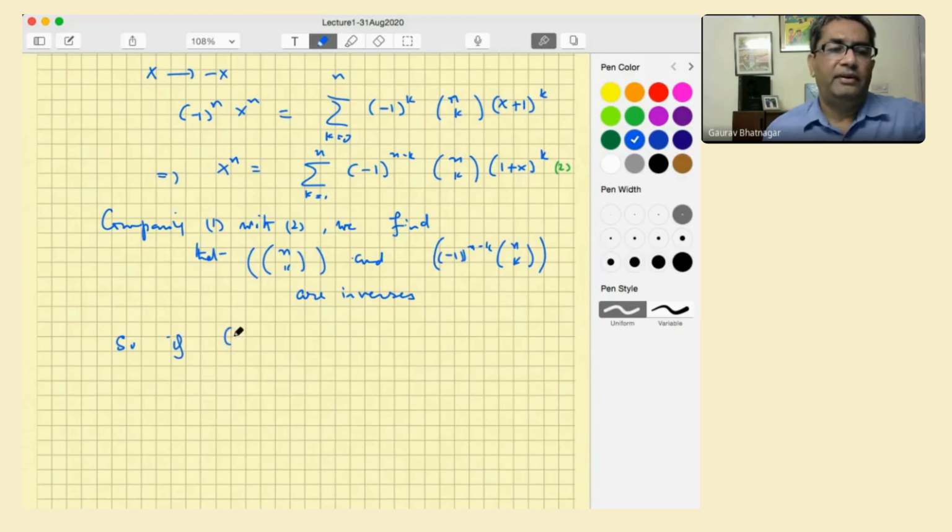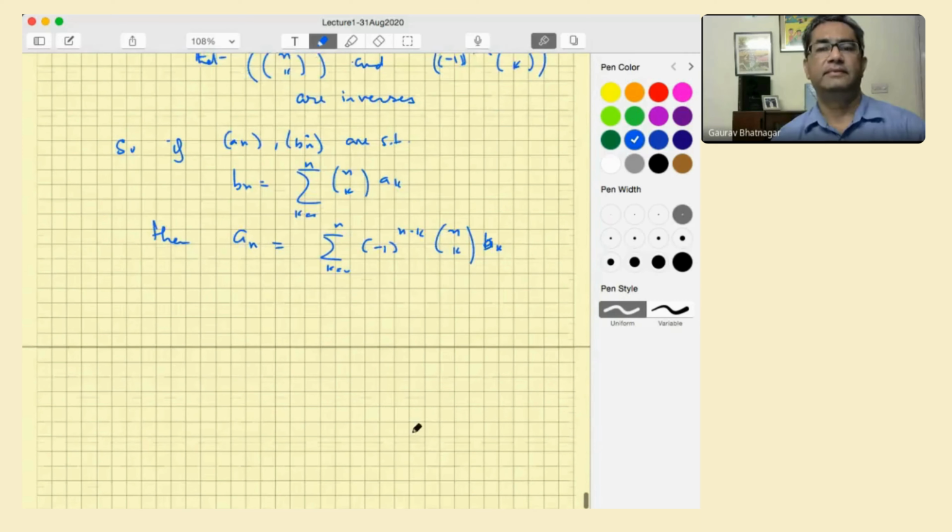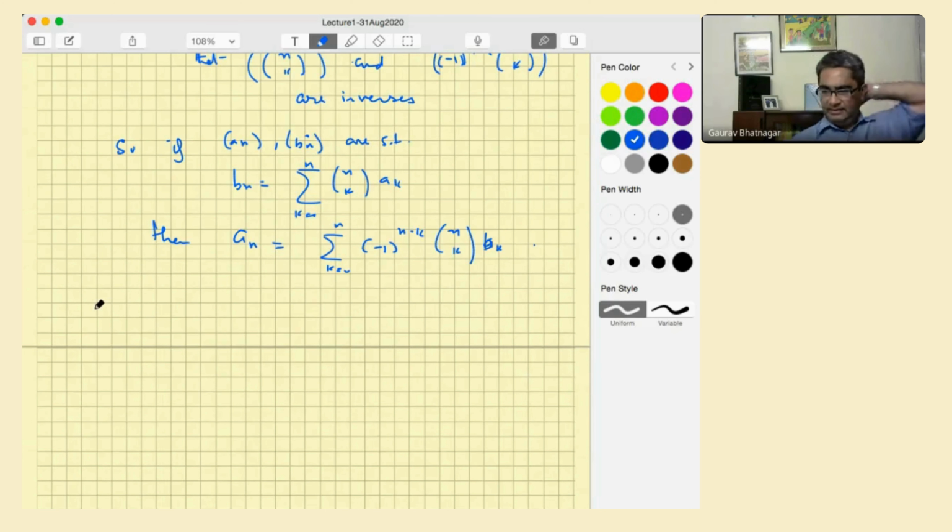So if a_n and b_n are such that b_n is equal to the sum of n choose k, a_k, k going from 0 to n, then a_n is equal to